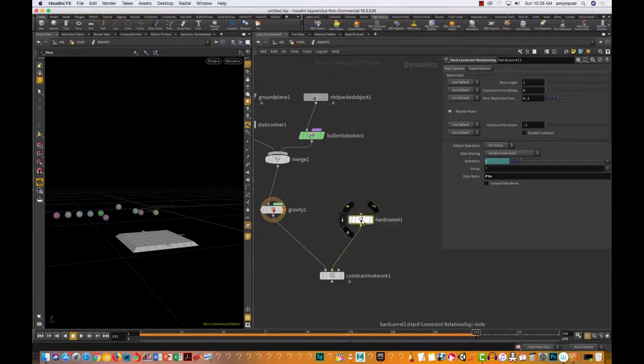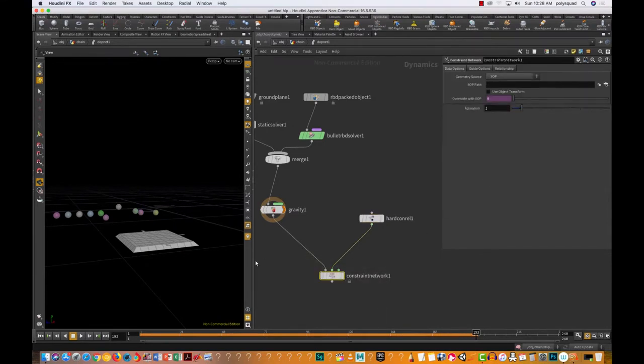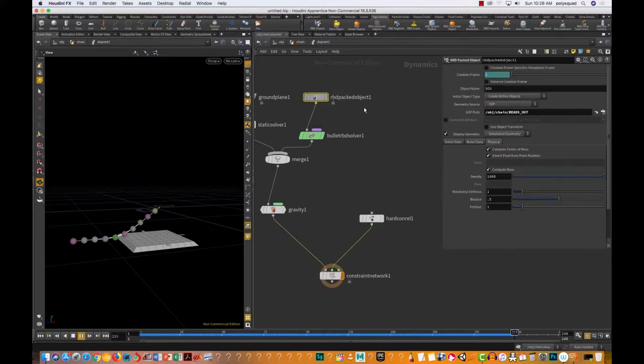So I've got this guy here. I'm going to call it pin. I'm going to select my constraint network. And I'm going to retrieve my constraints here. And now we should have